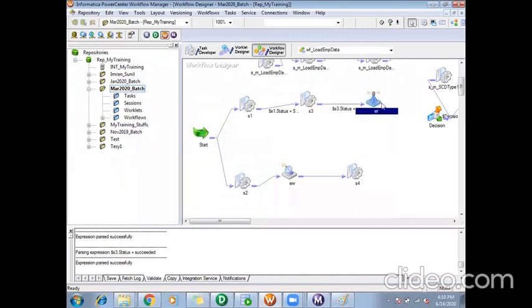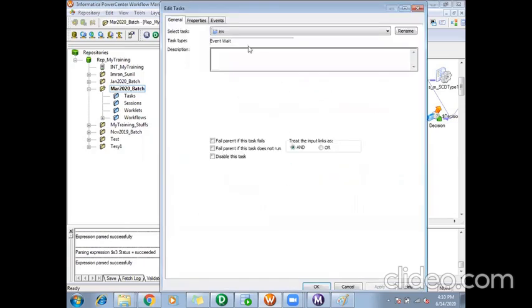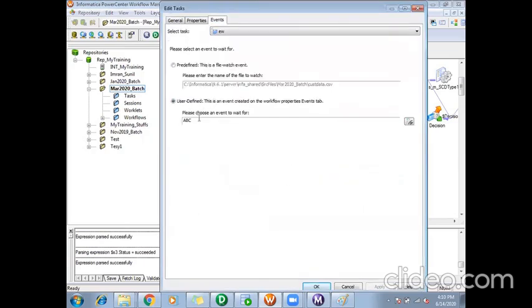Event raise will happen. So what this event raise will do is, it will raise the user defined event you have created, and event wait will wait until this user defined event is raised.